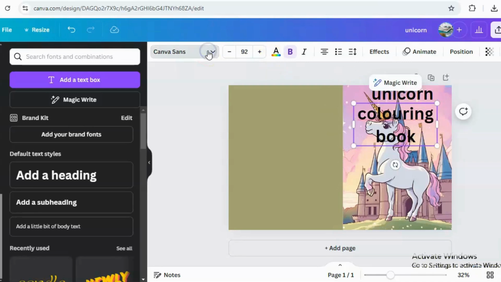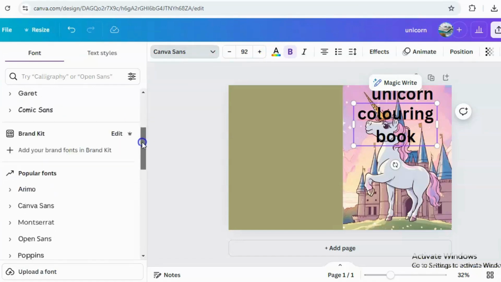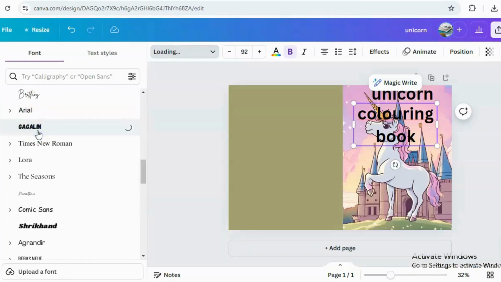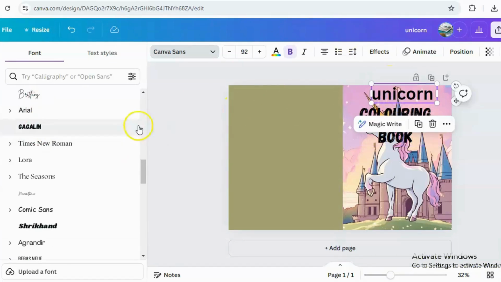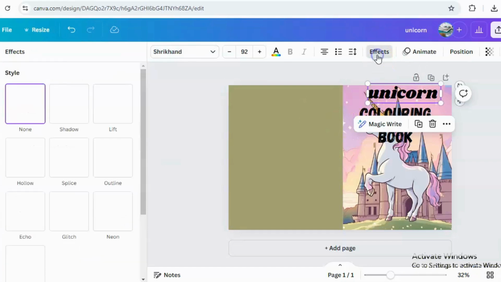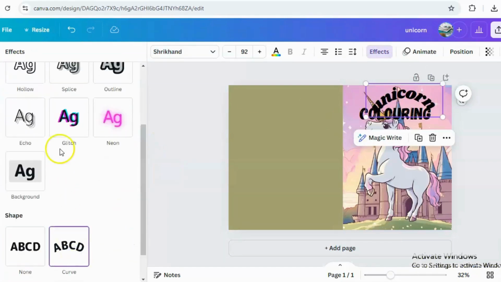So then the next thing that we need to do here, we need to change our font. You can change to any font of your choice here. Let me go with that and see. Okay, for the unicorn, we can also choose the same or change to something else. So for the effect, I can choose for it. I want it to be bold, the unicorn, and then